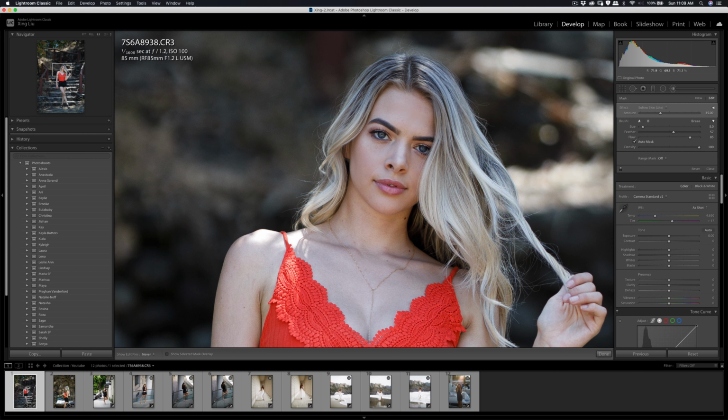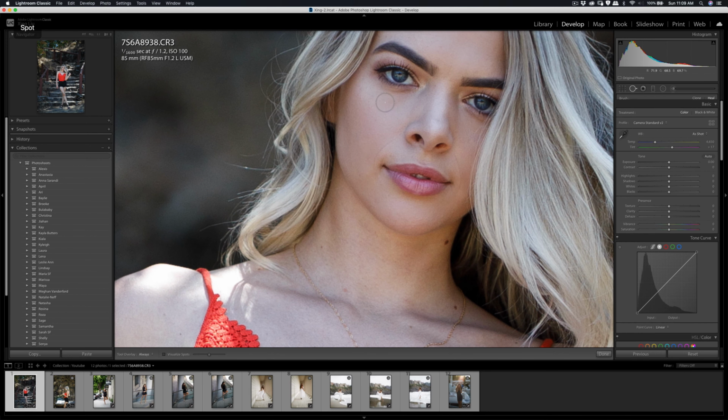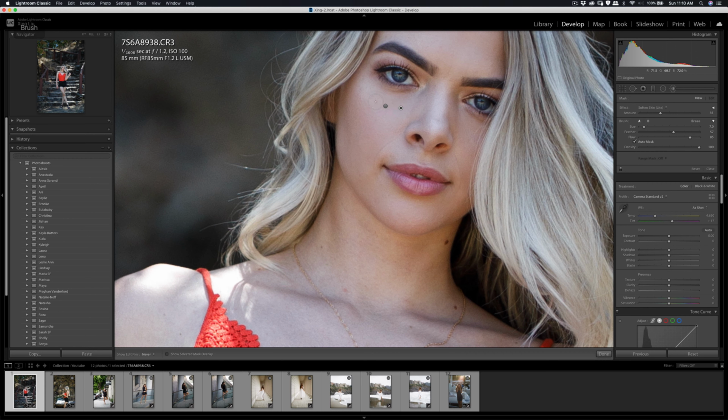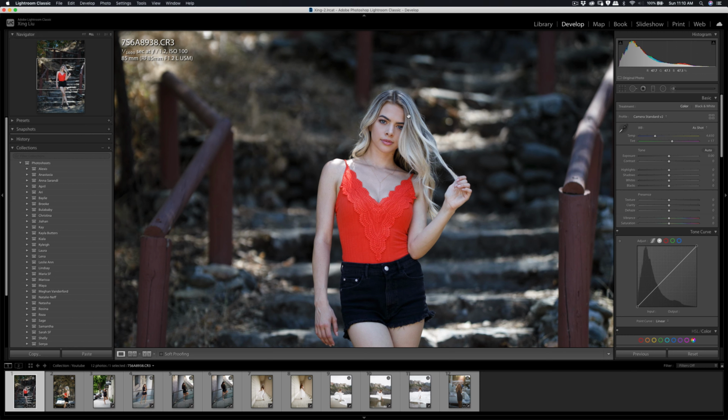Yep, once I smooth the skin, I'm gonna edit some shadow right here. And then smooth back the skin a little bit. And then after that, I'm gonna adjust the